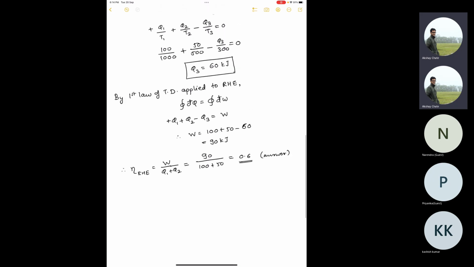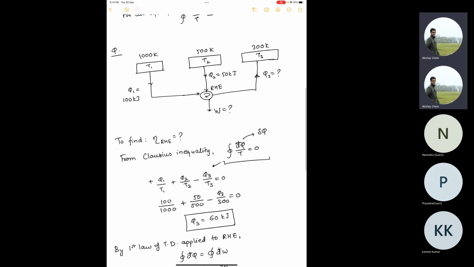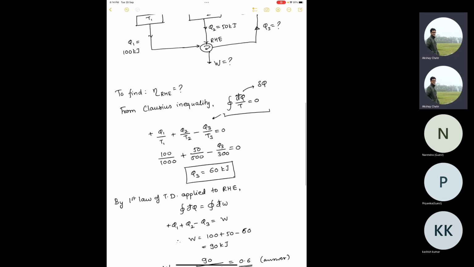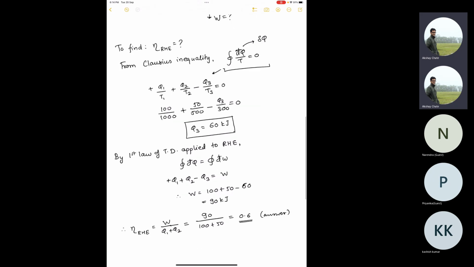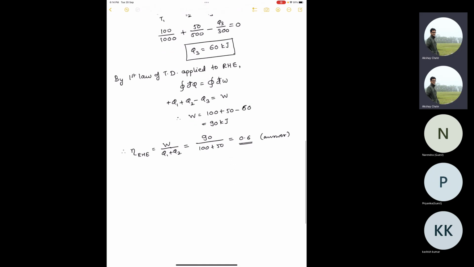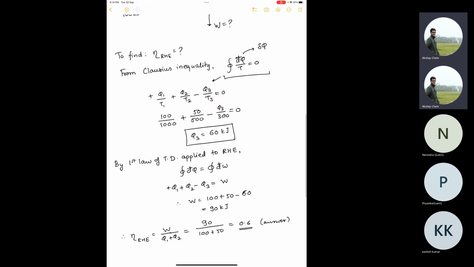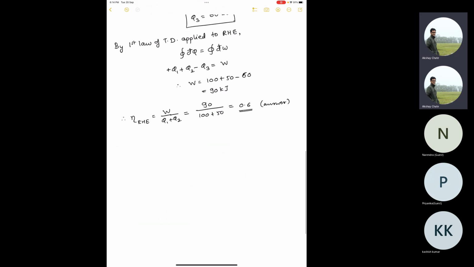So here, this is a nice example where you use the first law also to calculate work done. You use Clausius inequality to calculate the heat rejected to the sink, and then you use the efficiency formula. Basically, first law and second law combined. Clausius inequality is essentially a part of the second law only, in a sense. So therefore, this is a good example just to get warmed up. Now, after that,